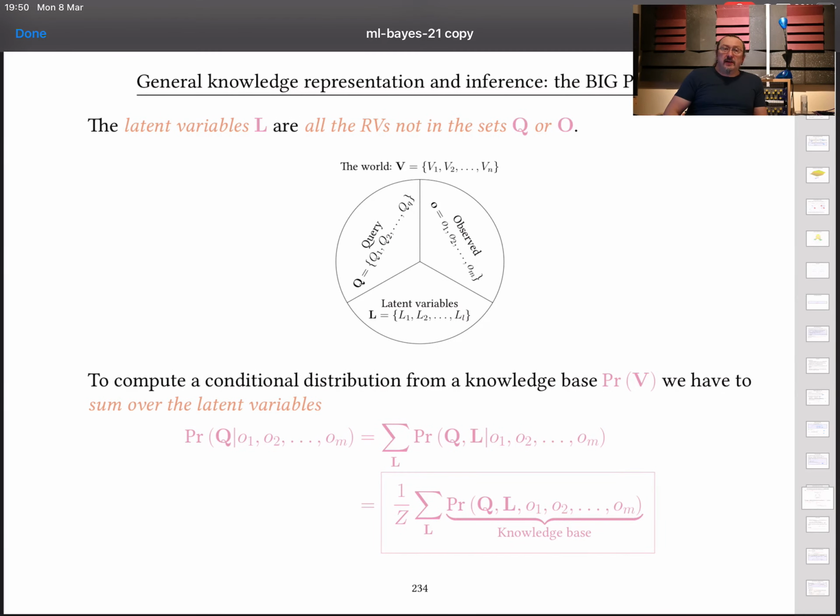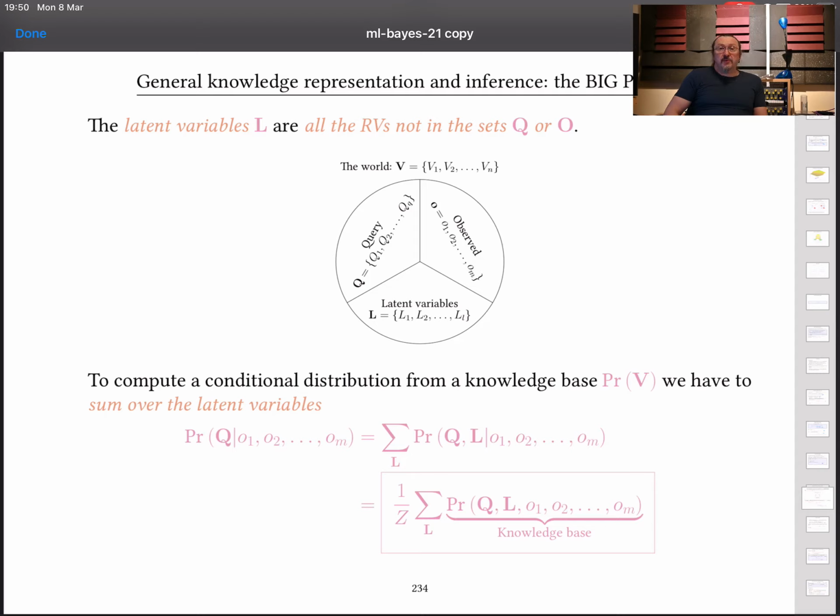Now, if we can set up a joint distribution on all those random variables, and I'm going to give an example of this in a moment, it may seem a little bit odd at present because I haven't given you a specific example, but I will do. Once we've got that set up, what we want to do is be able to compute the probability distribution for our query variables, conditional on the observations that we have. So the probability of Q given O1, O2 up to OM. And in principle, this is straightforward,